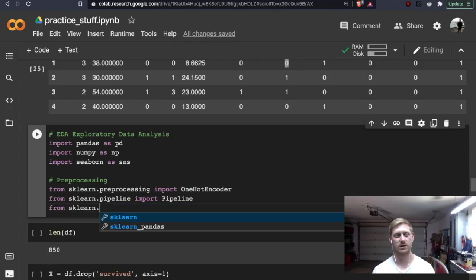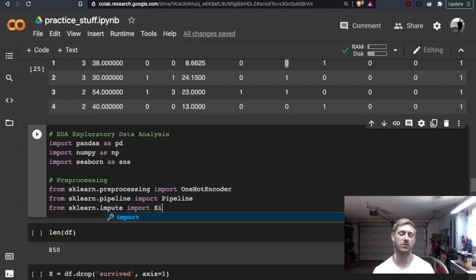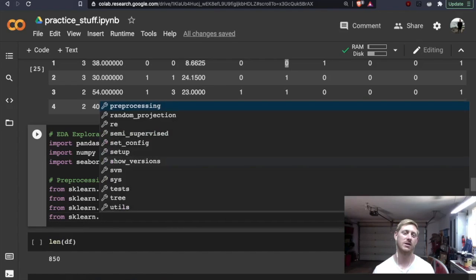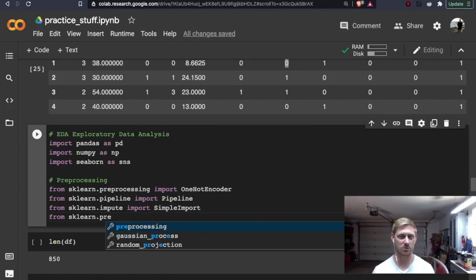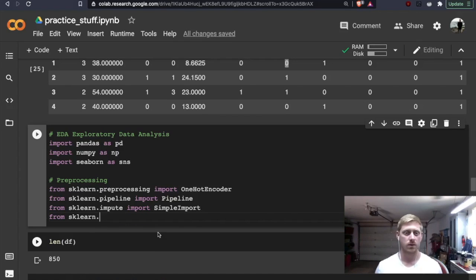From sklearn.impute import SimpleImputer, but I really want ColumnTransformer. Is it preprocessing as well? It shouldn't be. Yep, it's not. Okay, so I did some research, and it's from sklearn.compose import ColumnTransformer.